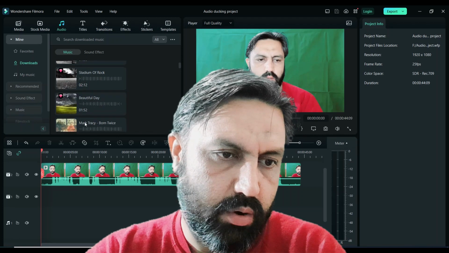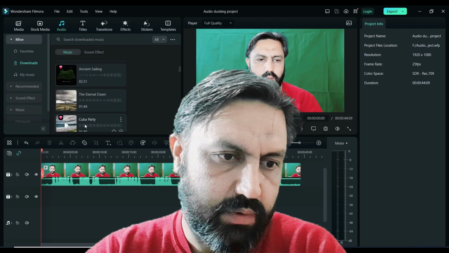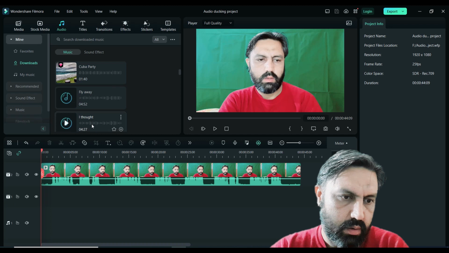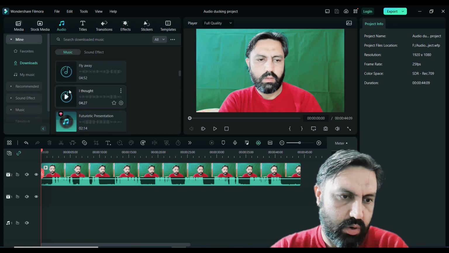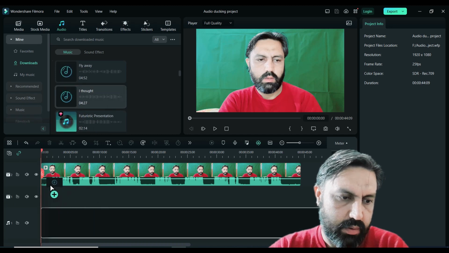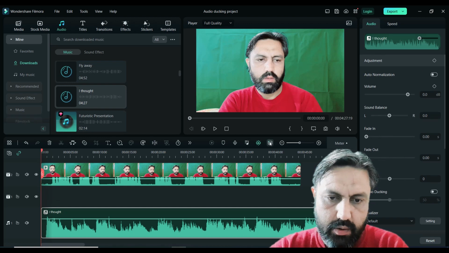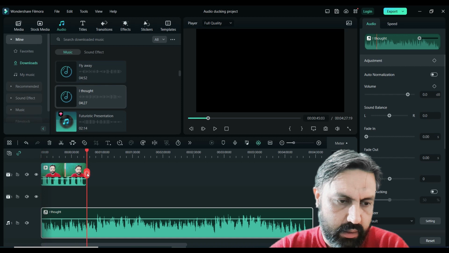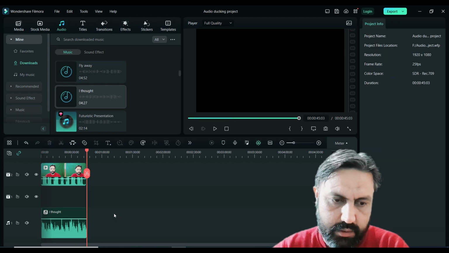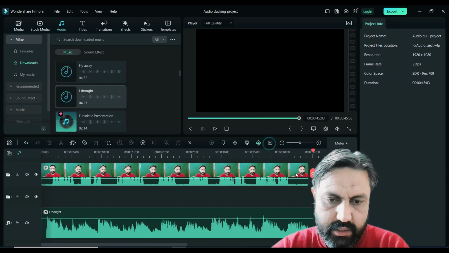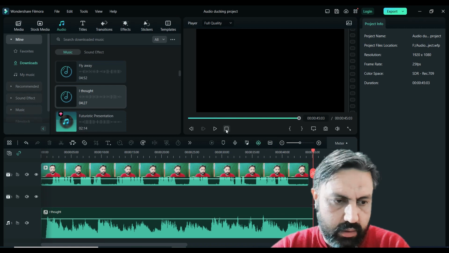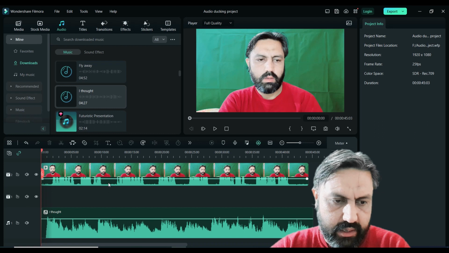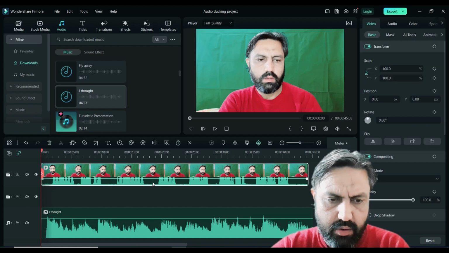So I drag and drop this file. Then I click on this button to reset it on the timeline, then trim it, right. Now I adjust it, now reset it, and from here in that area in which I do not talk,